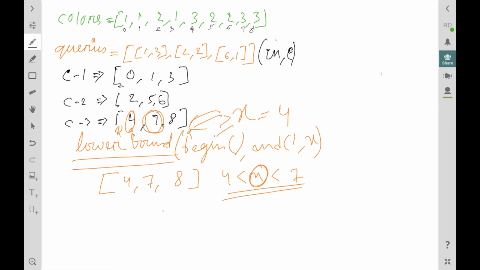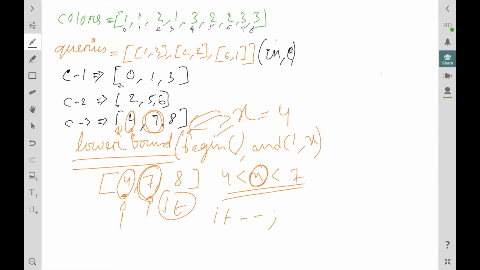We can directly find 7 using lower bound, which gives us the iterator to 7. And how can we find 4? Just take the iterator we get by lower bound and decrement it, it minus minus, then we will get the iterator to 4.